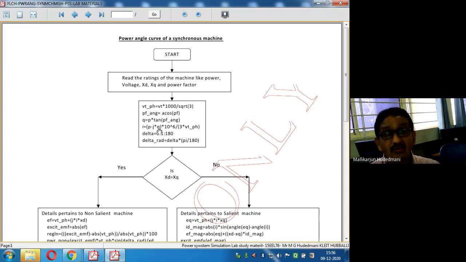Now I am in need of horizontal axis and vertical axis, which is P and Q. Therefore, I have to calculate P, I have to calculate Q. For one step, P is known to you: MVA cos phi, MVA sin phi. If I calculate, I am able to get P and Q. So I have tried here Q equal to P tan phi. If I know P, and I connect the tan of the angle, I will be getting reactive power. If I know P means MVA cos phi. Like that, using the power triangle concept, I separated P and Q from MVA.